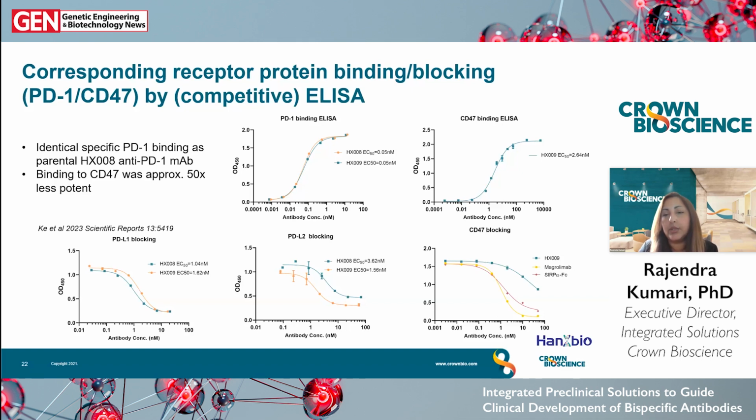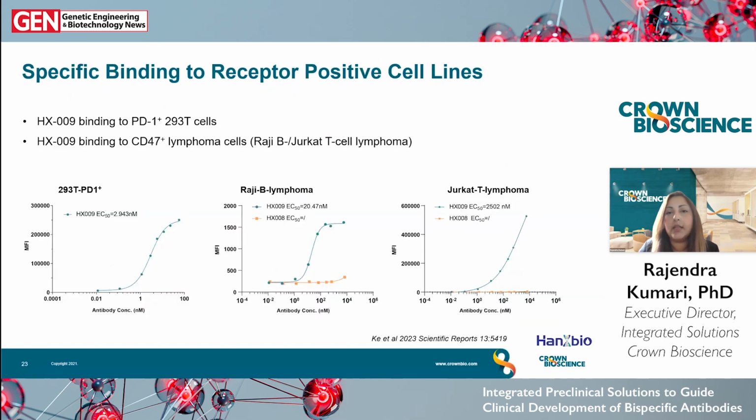This is in contrast to the blocking dose response curve for the native SIRP-alpha Fc with an IC50 of approximately 1.4, as well as magrolimab with an IC50 of 1 nanomolar. So again, demonstrating the very low binding affinity feature of this bispecific antibody for CD47. So, HX009 binding to PD-1